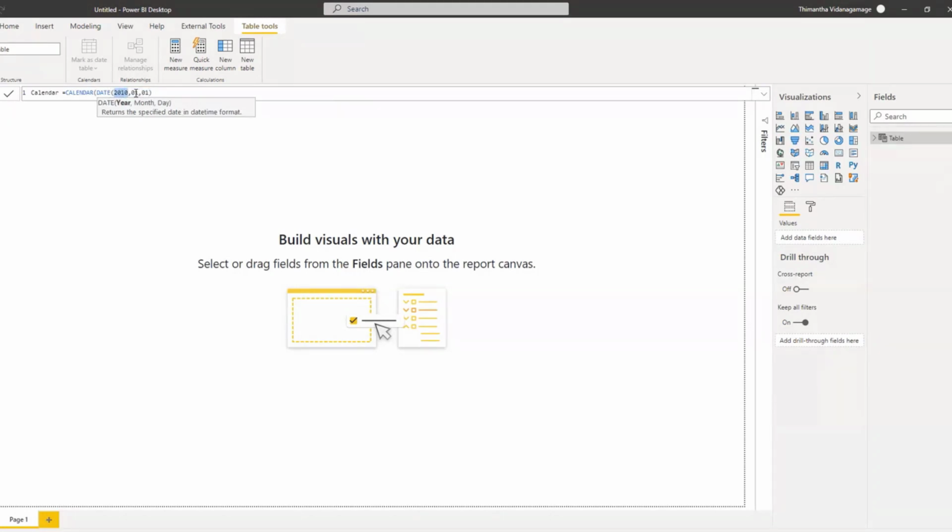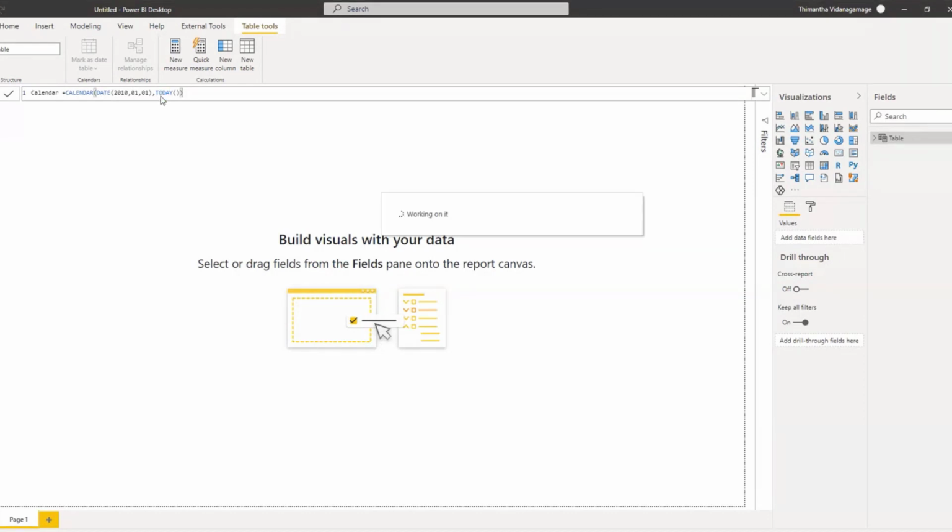I had just entered the year, month and day, and it will convert it into a date. Then afterwards, I'll be using a function called today, to list all the dates from 2010 January 1st to today.